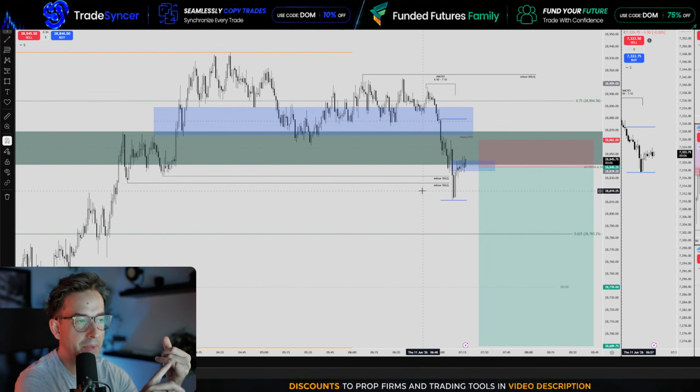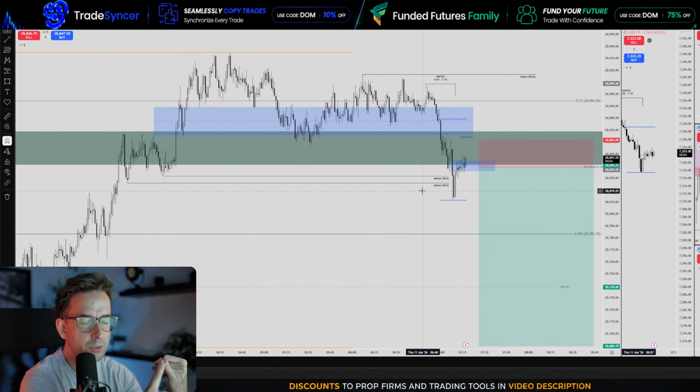So 5 minis is more than enough. If you're trading more than 2 minis, I think you should be concerned, because that means you're risking more than 10%, if not more than a quarter of your drawdown. So you have to really nail it down in 3 trades. You cannot screw up 3 trades, and if you do, you blow. You can definitely do that on the 150K accounts, but